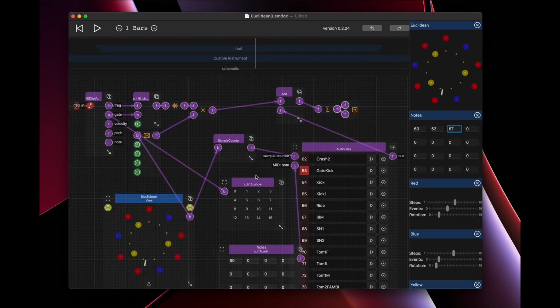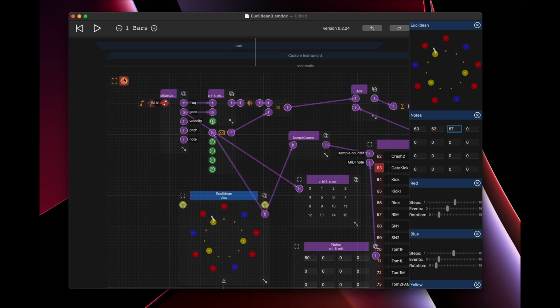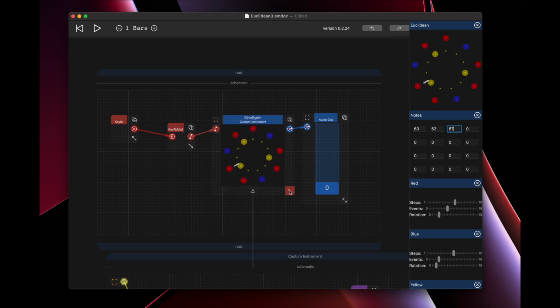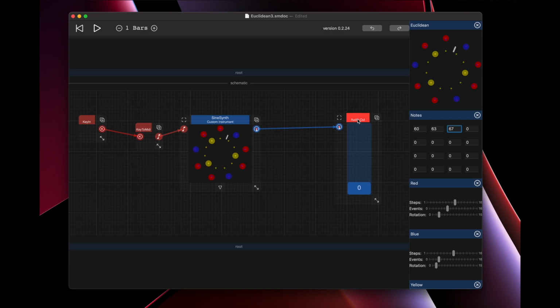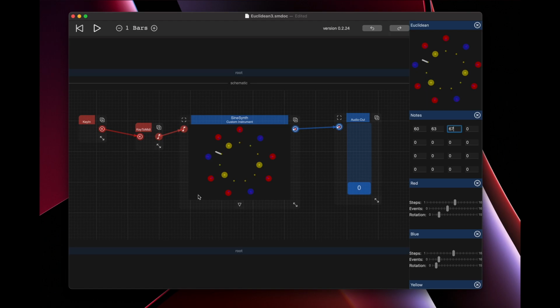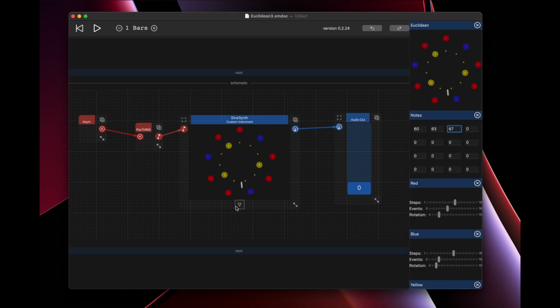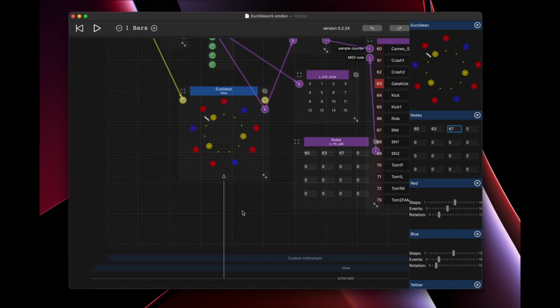So at the top level, actually I didn't put it there. So in our synth we would want to see this. So now it appears. This is again what most people would see, just this. But it will need to have some kind of controls, or maybe something that you click on and something pops up which allows you to set these steps, events, rotation, etc. Might have a little stepper with a plus and a minus, show you the value, and that will be done with UI controls that will come soon,